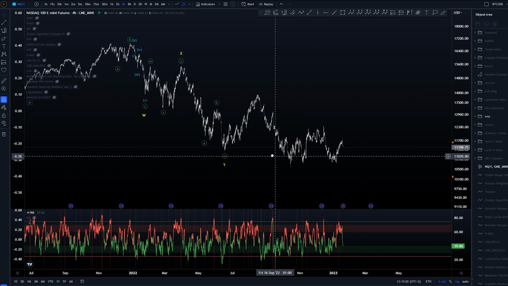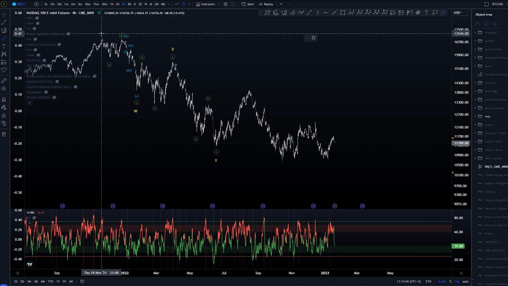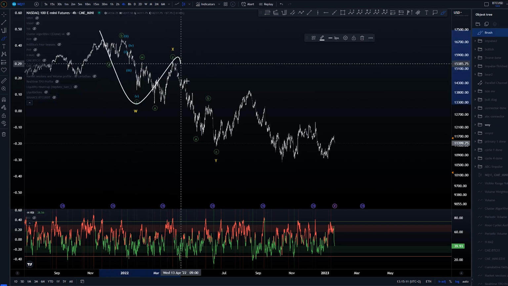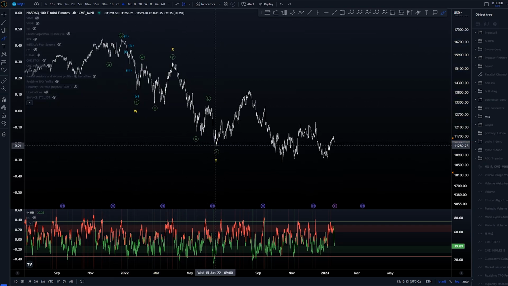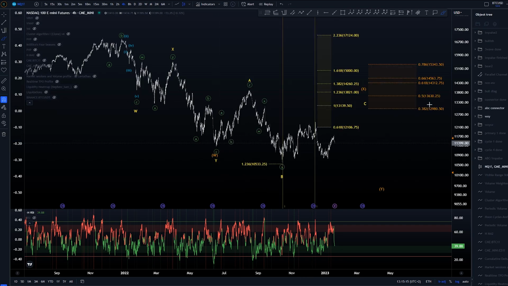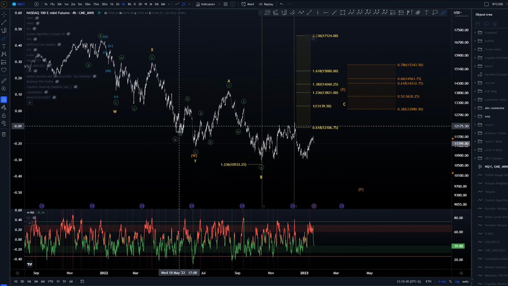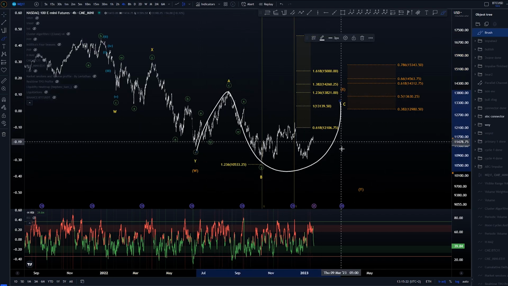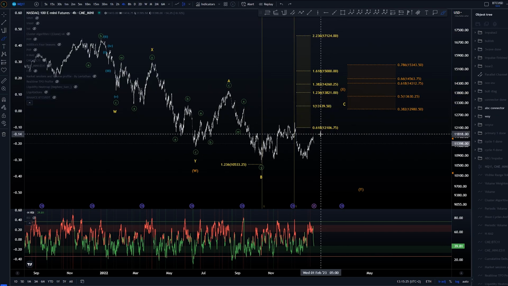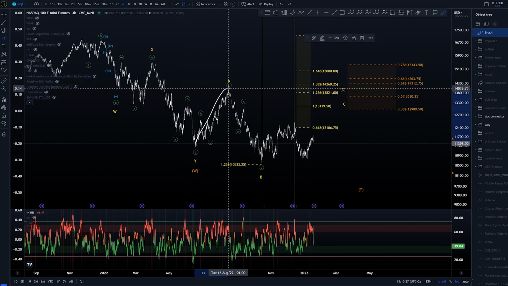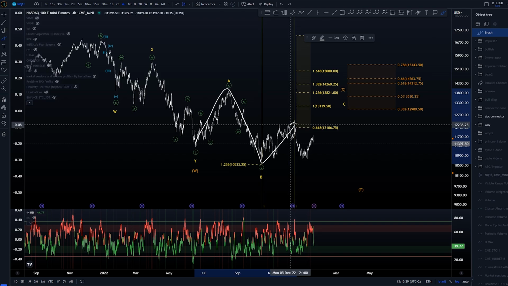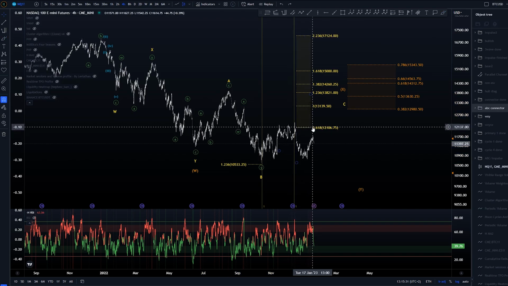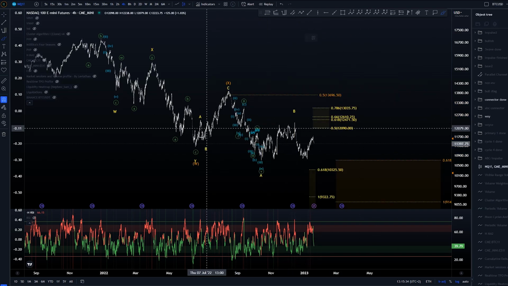Starting here on our time frame, again we've had this overall or higher degree structure for quite some time since November 2021, where we had a three-wave structure into the lows of June 2022. Since then, we had a few different alternations to this, where this would either be the wave W, and then we would be looking to create a three-wave structure for that wave X, where we had already completed the A, B, and then looking for that C wave up,